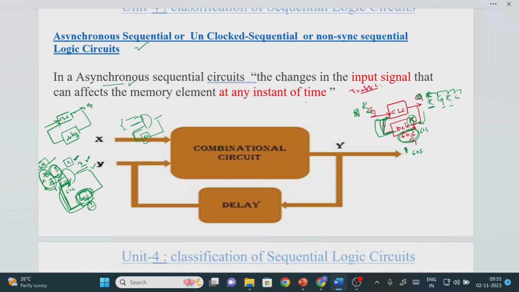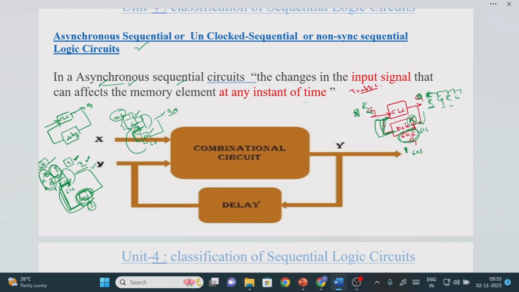So if we don't have proper coordination between the input and the delay element, then we call it an asynchronous sequential circuit. Suppose you are giving the input value at 70 seconds, but the delay is 60 seconds. It will not wait for you up to 70 seconds. Once 60 seconds is completed, it will give the input. It means that the coordination should be there between the input and the output, then only it will work as a perfect circuit, right? If there is no synchronization between input and output, then these kinds of circuits are called asynchronous sequential circuits.